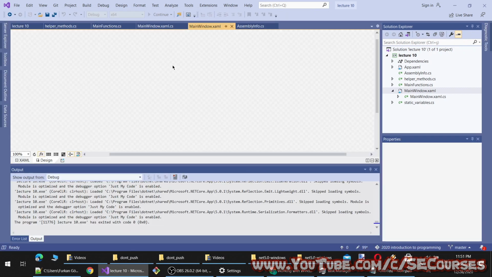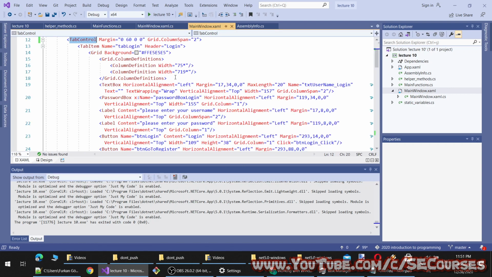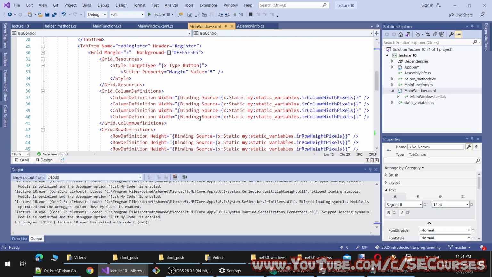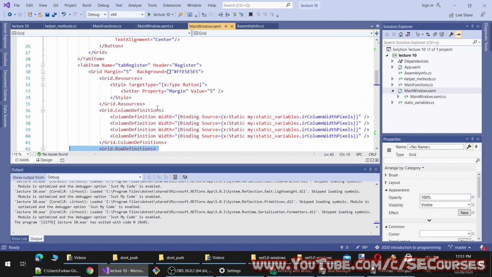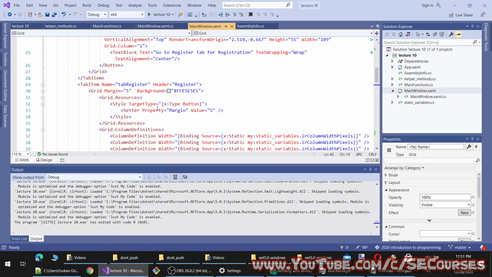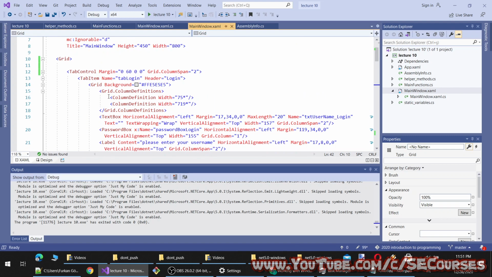No. So we need to have 2 rows of grid. Okay, so let's look how we have done that here. We have done it here like this, and it is inside the grid itself.